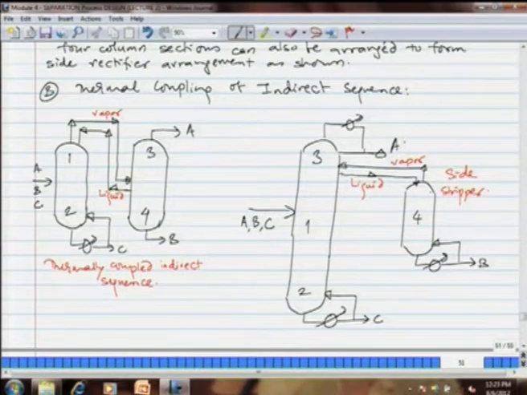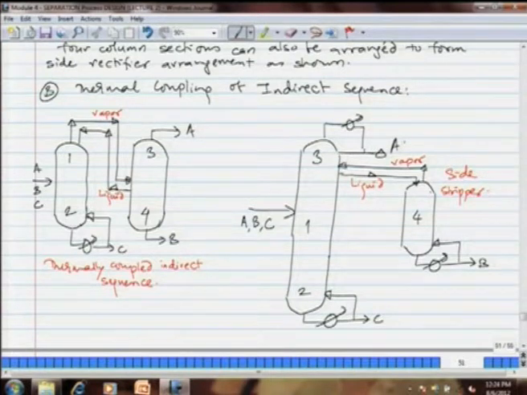Here you see that the reflux liquid required for the first column is given by the second column, while the vapor from the first column goes into the second column. Now, these columns can also be connected. The section 3, that is the top section of the second column, can be put above the top section of the first column. So, 3, 1, 2 is the coupling, and then you can see